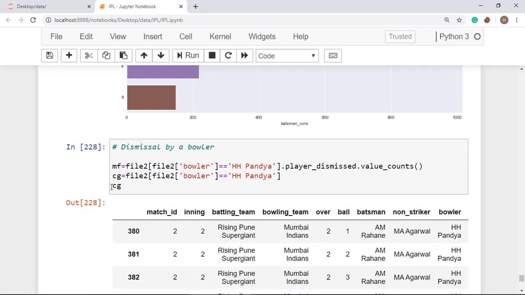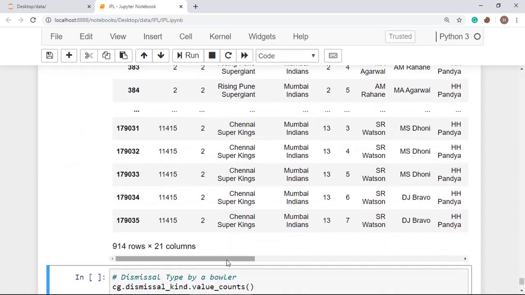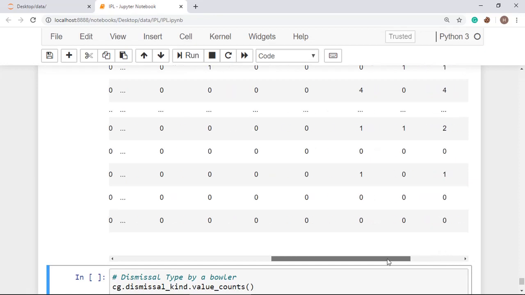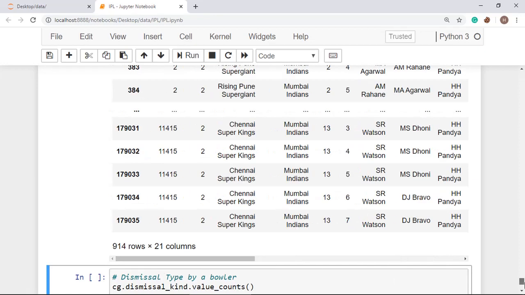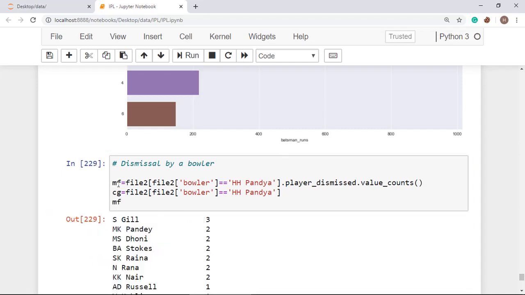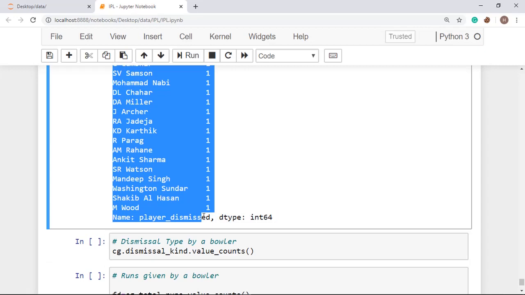Here you will be getting all the values where Hardik Pandya is the bowler, and you can see Hardik Pandya has bowled a total of 914 balls in his IPL career, and when you apply MF,